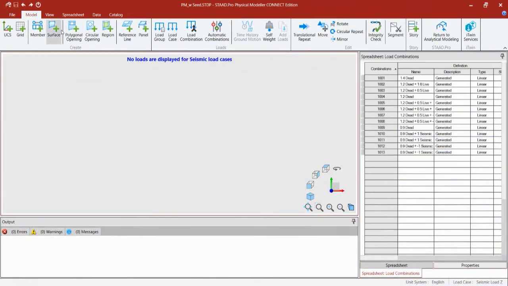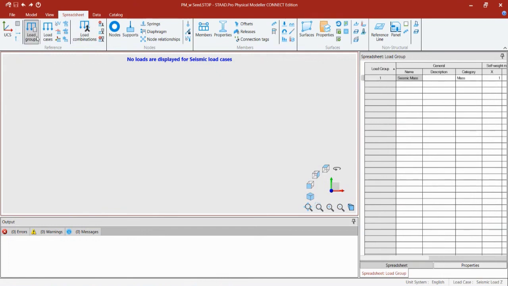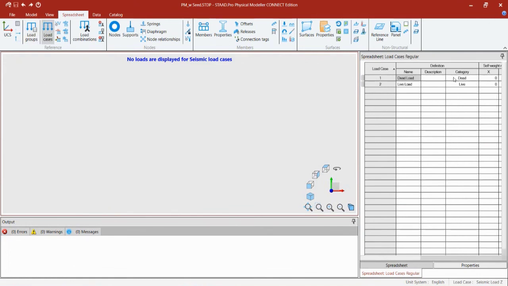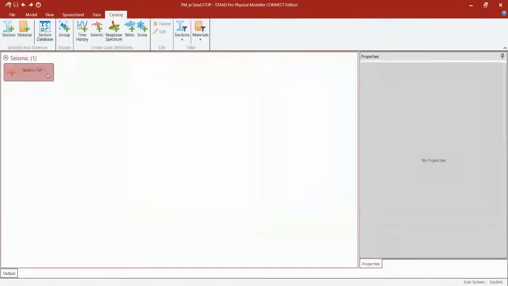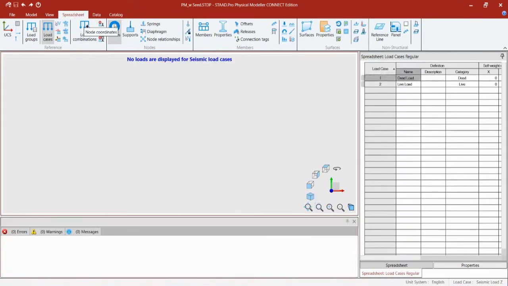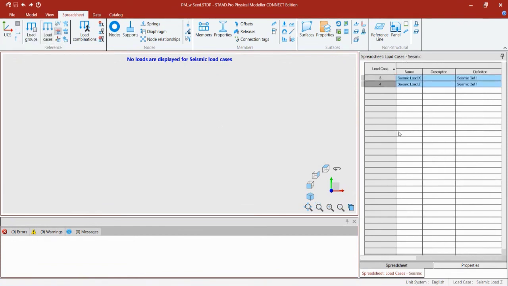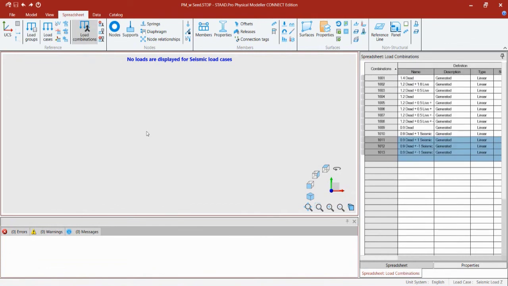And then you can see, let's go to the spreadsheet tab. You can go to load groups. You can see I created a load group for seismic mass. I created some load cases, dead load and live load. You can see this model already has an IBC seismic definition in it. Again, be careful when you do that, because your response modification factors and importance factors will be taken in from whatever's in that seed file. So this model already has some seismic load cases, and it already has my load combinations. I believe also